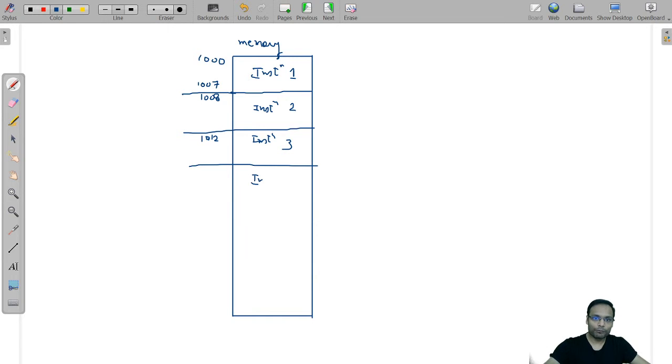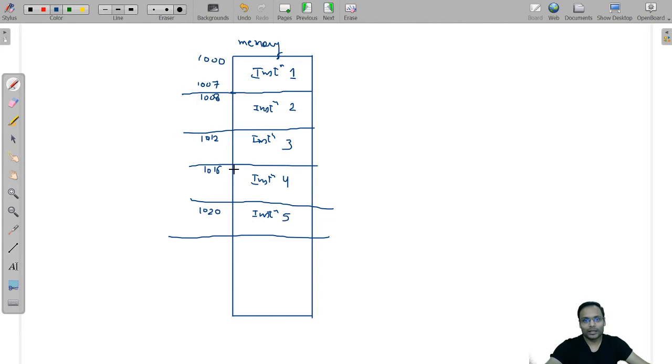Then instruction number 4 also will start from 1016, just because instruction 3 is of one word only, you can check it out. Then instruction number 5 will start from 1020. Why? Just because this is also of one word only. Then instruction number 6 will start from 1024, just because 5 is also of one word. 6 is also of one word, so instruction number 7 can start from